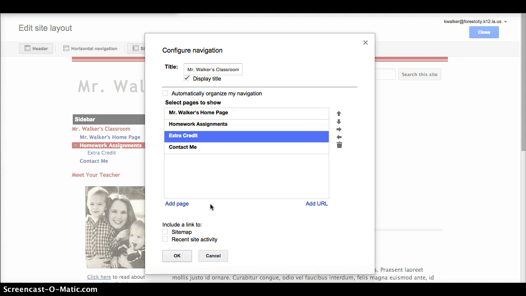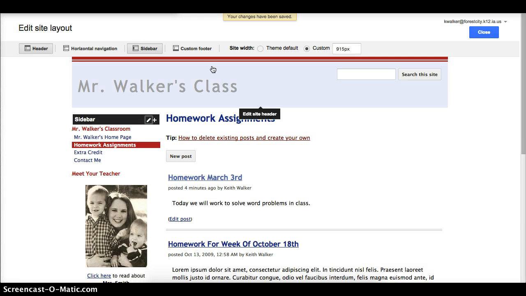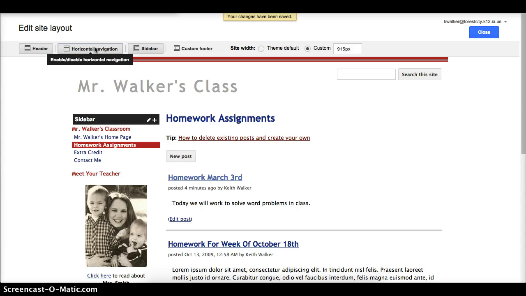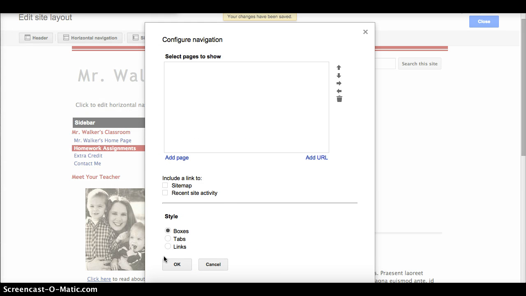Now, you can also include a link to the site map or recent site activity. Again, that's completely up to you whether you want to do that or not. You can also, instead of doing a sidebar, do a horizontal navigation, which, if you want,